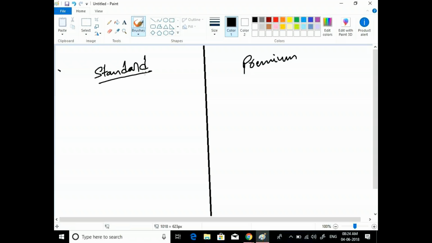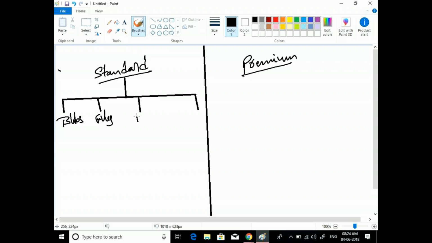As you already know, we get four types of services in standard: first one is blobs, files, queues, tables.